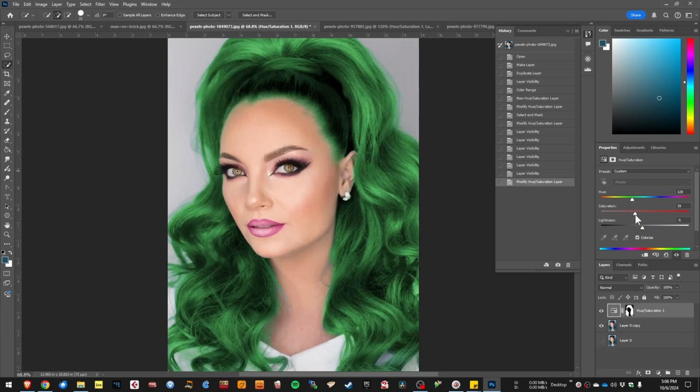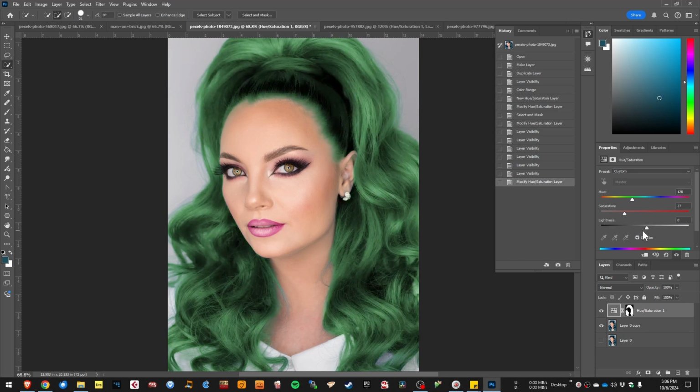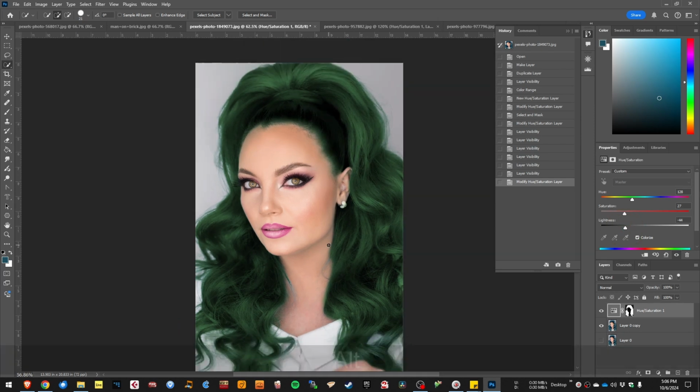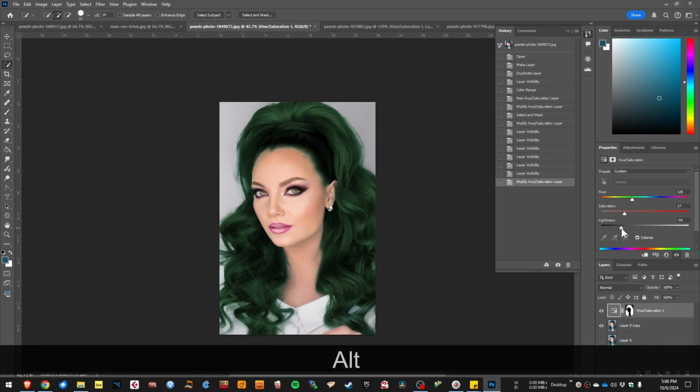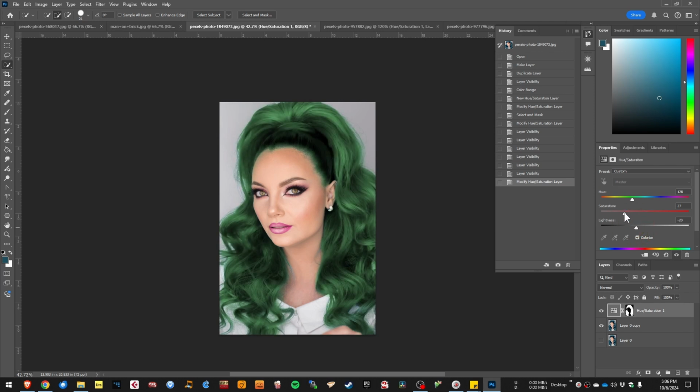Again, way too vibrant, right? So if I go this way, it's gonna become even worse. I'm gonna lower it, okay, like this. And also play with the lightness. Okay. Now she's a wood elf, right? If you do this, it's a little bit more realistic. Maybe a little too dark. It's a little too dark. Okay, something like this, and then